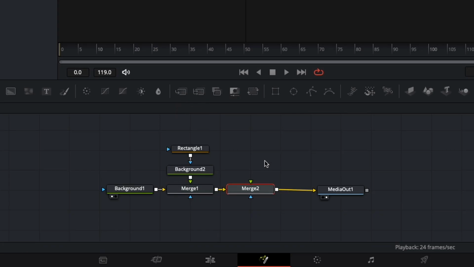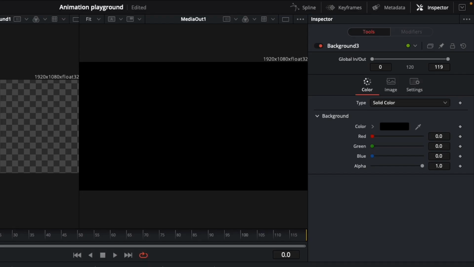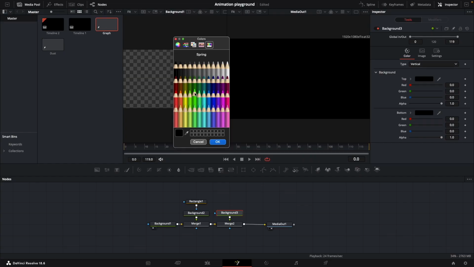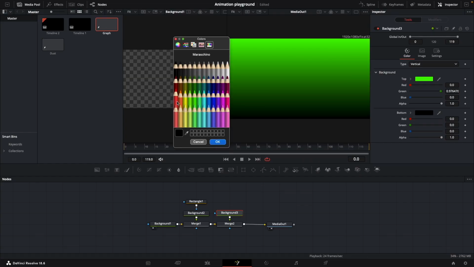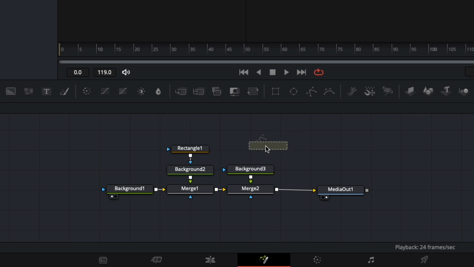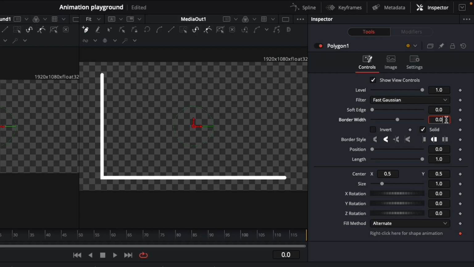I'll add another merge node, connect another background, but this time I'll use a gradient. I'll click here and select vertical. I want the top to be green and the bottom to be red. I'll now use a polygon mask, connect it to the background, increase its border width, uncheck this diamond here, and